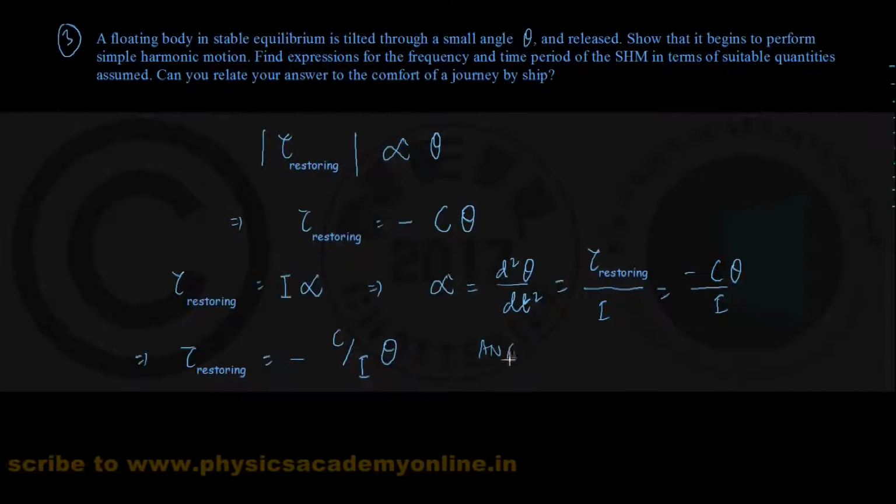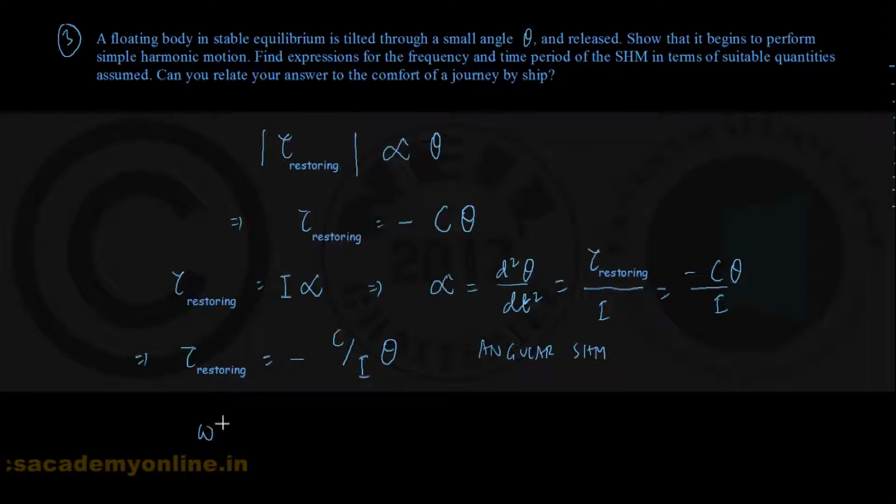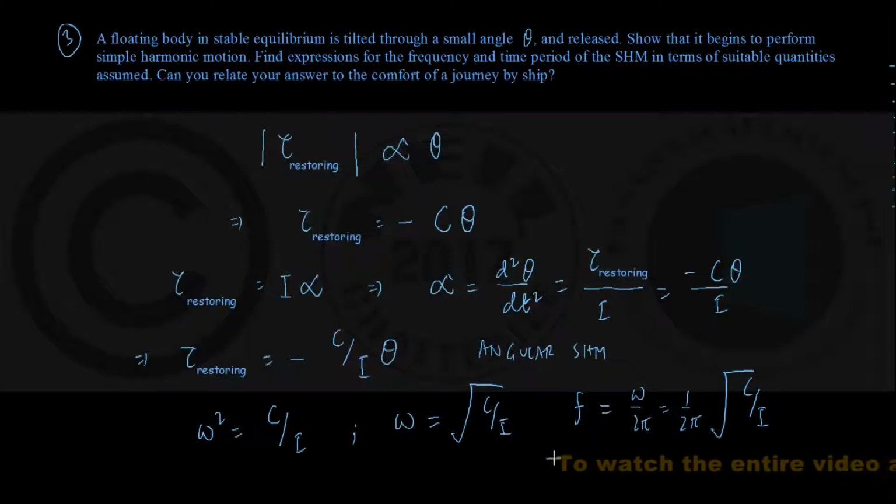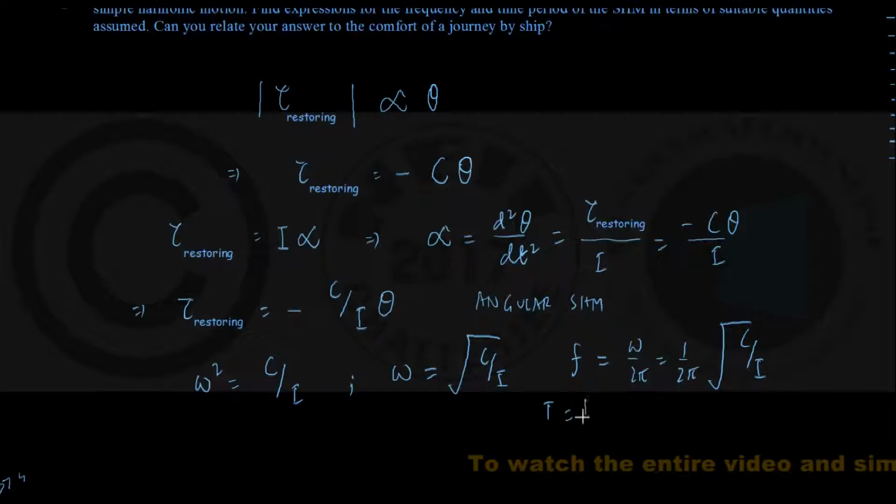This is the criterion for angular simple harmonic motion, and for that SHM, if angular frequency is omega, then it can be shown omega square is equal to this ratio capital C by I. Therefore, angular frequency of SHM is coming out to be square root of C upon I. Natural frequency of SHM is coming out to be omega upon 2 pi, that is 1 by 2 pi into square root of C by I, and time period capital T is given by 1 upon natural frequency, which is 2 pi into square root of